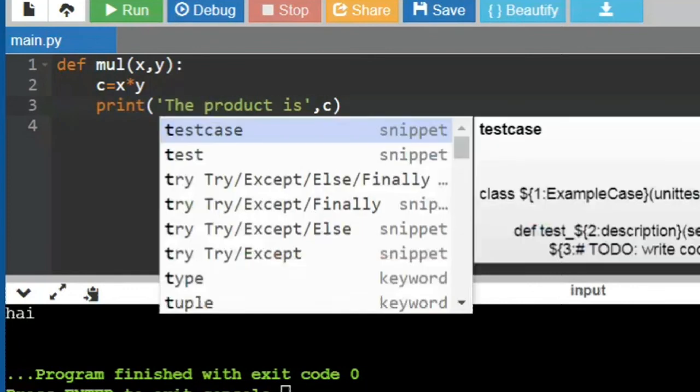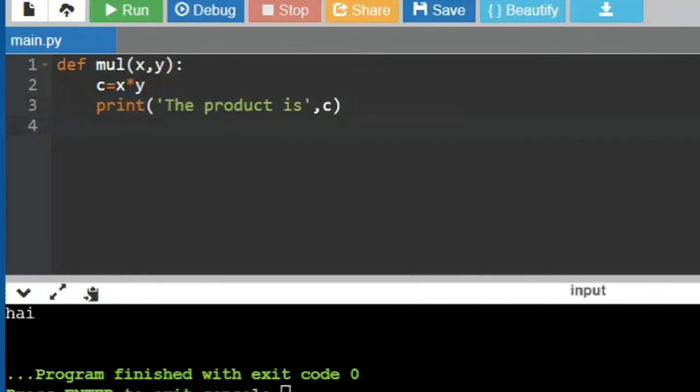As soon as you finish with the code inside your function, you come back to the def indentation. So I came to the proper indentation of the main function. Now, since I have finished writing my function, I have to make a function call. How do I make a function call? I can simply make a call to the function, but see to it that there are arguments inside the function. Let us try to understand.